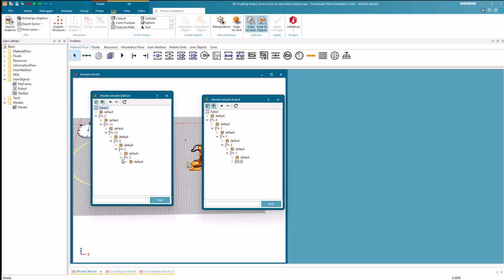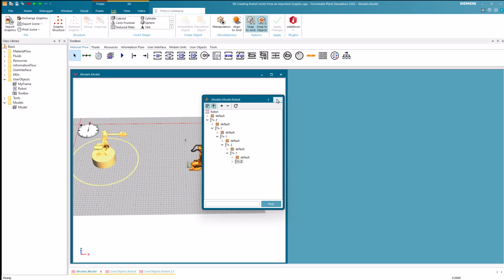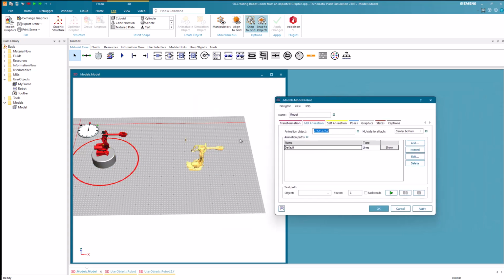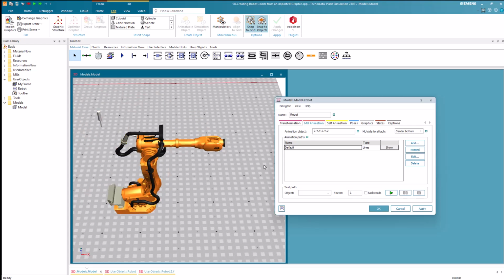Now, we need to open the Edit 3D Properties dialog of the robot and switch to the MU Animation tab. As you can see, the animation object is set already as wished, so we do not need to enter it manually here. Then we need to specify where the part should be picked by the robot. Therefore, we select Top as the MU side to attach.